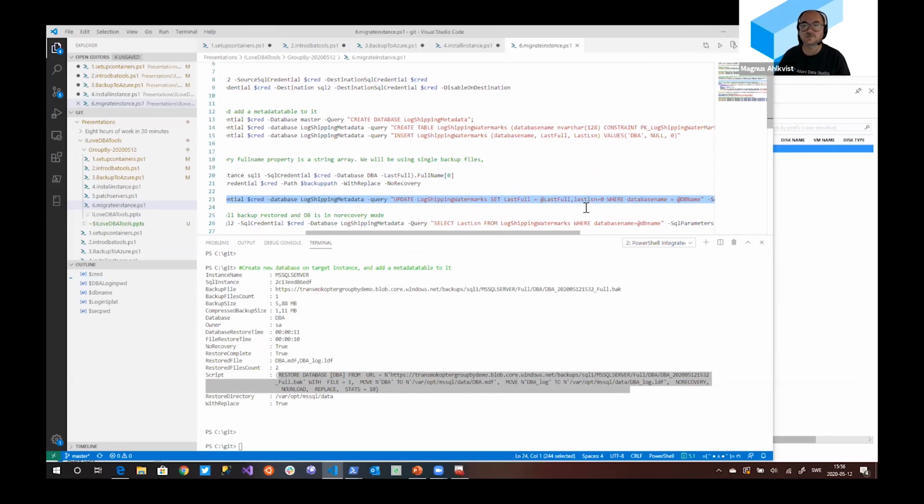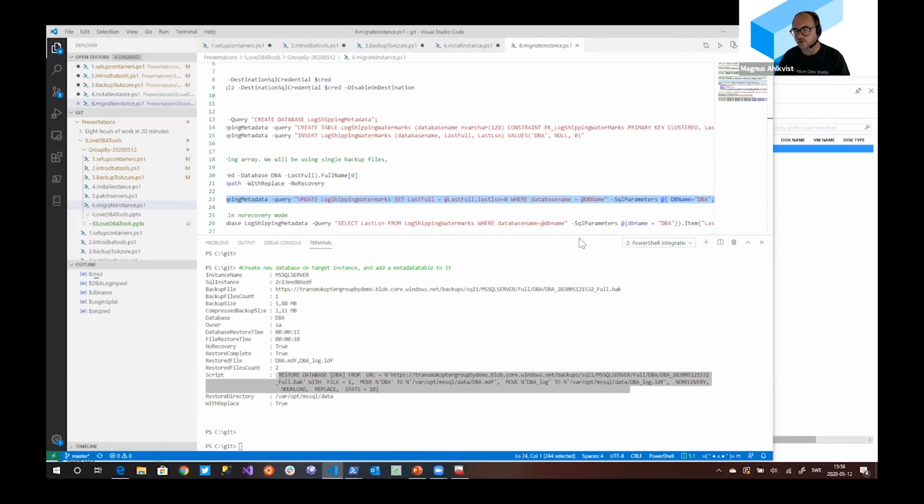full restore. So if you want to do this as a proper log shipping installation or log shipping script, you should do checking, of course. Don't do the restore if it's already restored and so on. But at least I want to update the metadata. So I do that with